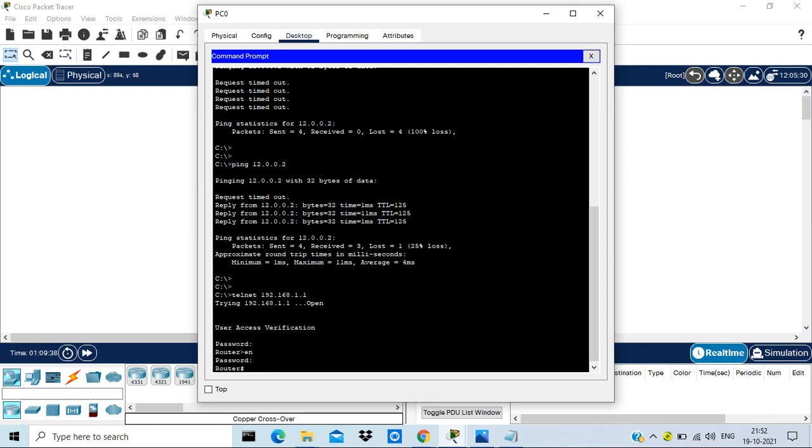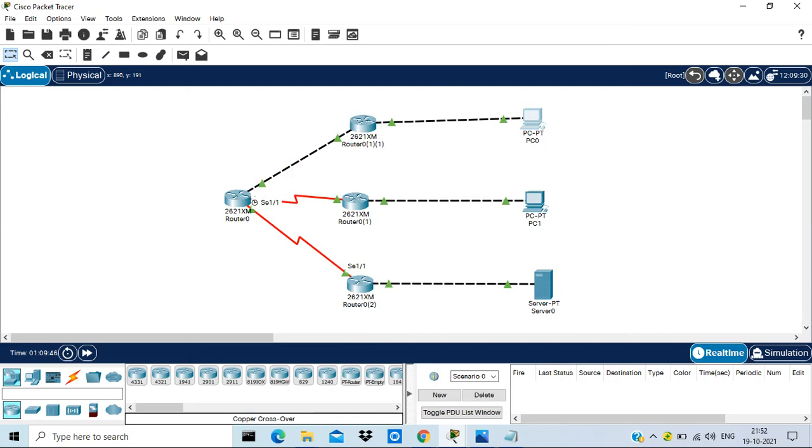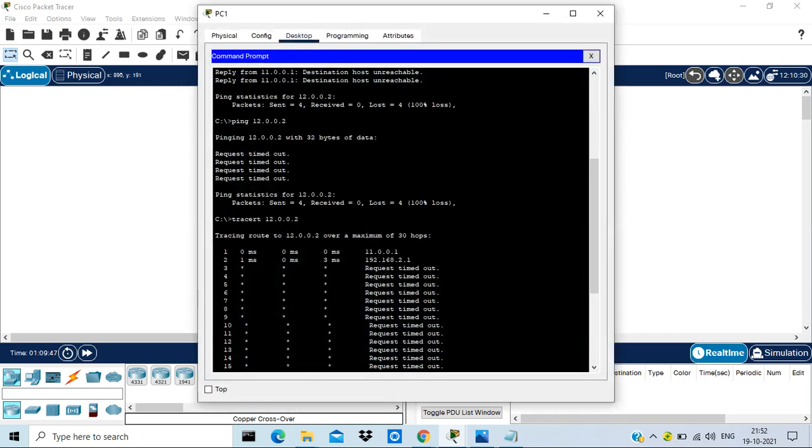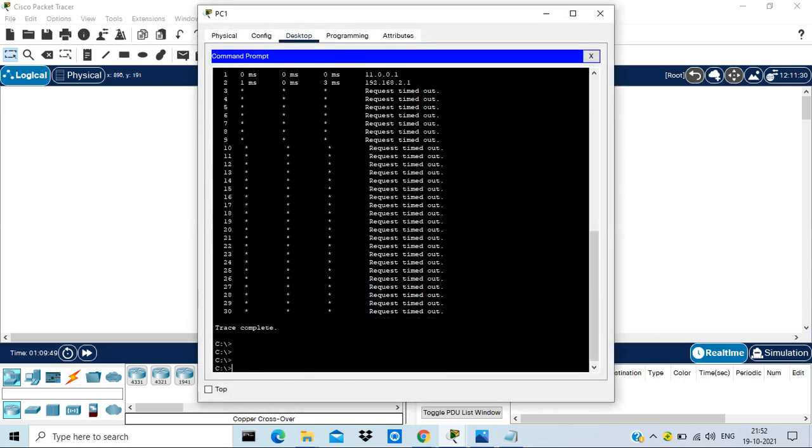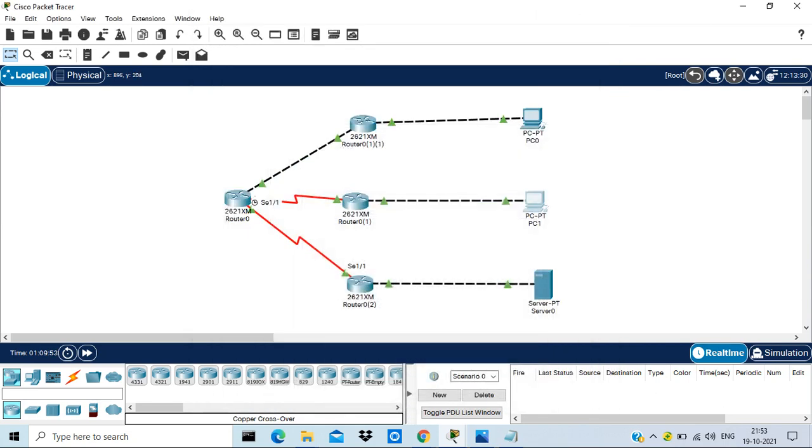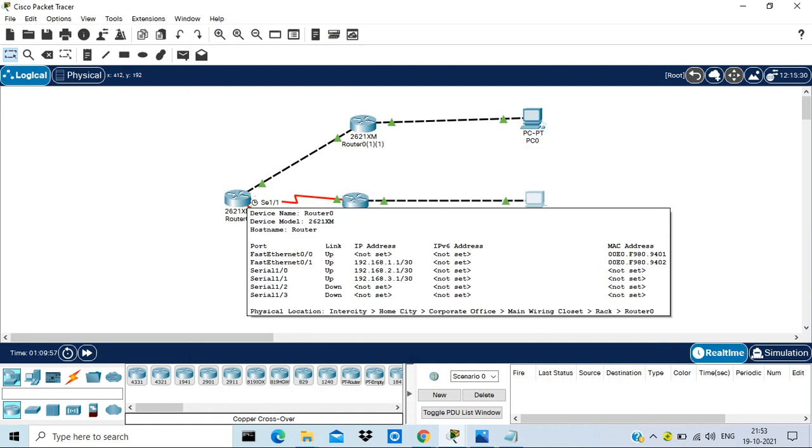But till now I have not configured the access list, so even PC2 will be able to access the console. But when PC2 tries to access the router console or telnet, his target will be 2.1. In branch 1 it was 1.1, here it will be 2.1.